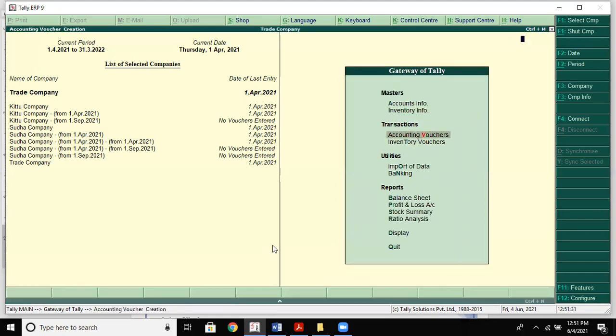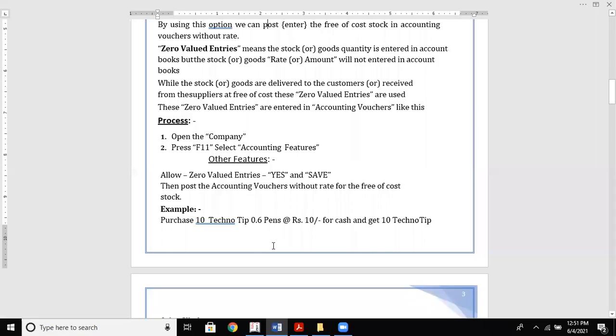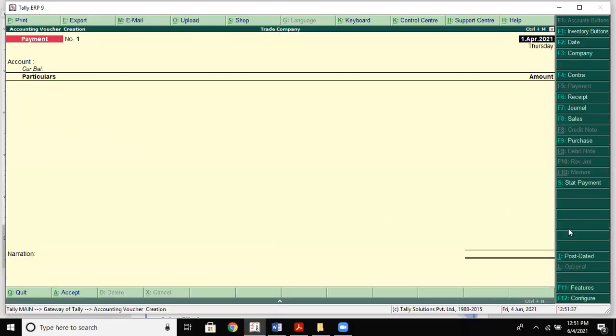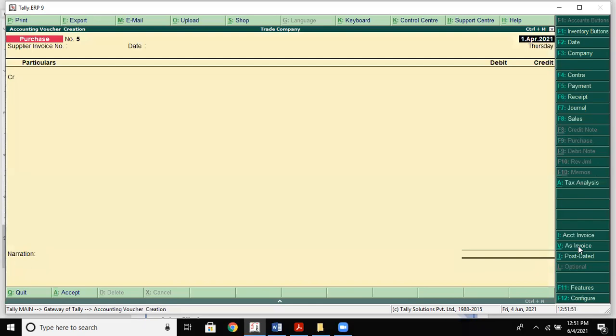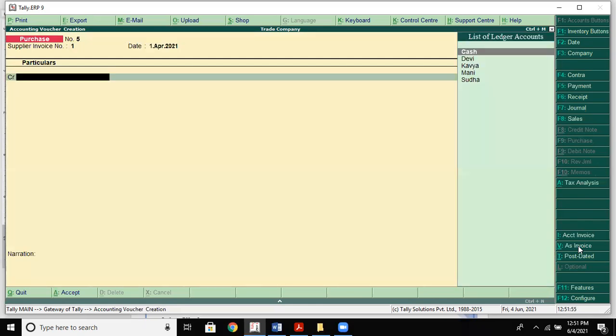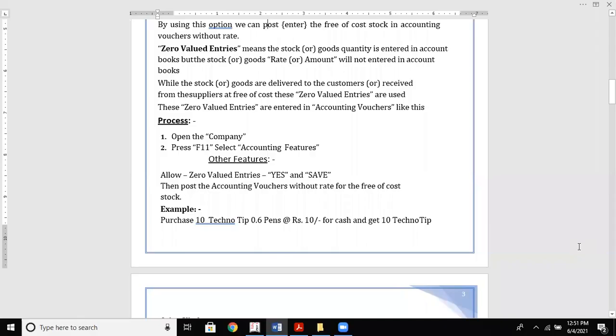For example, let's say accounting vouchers. So let's say purchased, right? So what are you doing? Purchase 10 Techno-Tip pens. So in purchases, as in voucher mode. So what are we going to purchase now? 10 Techno-Tip pens at rupees 10 for cash.